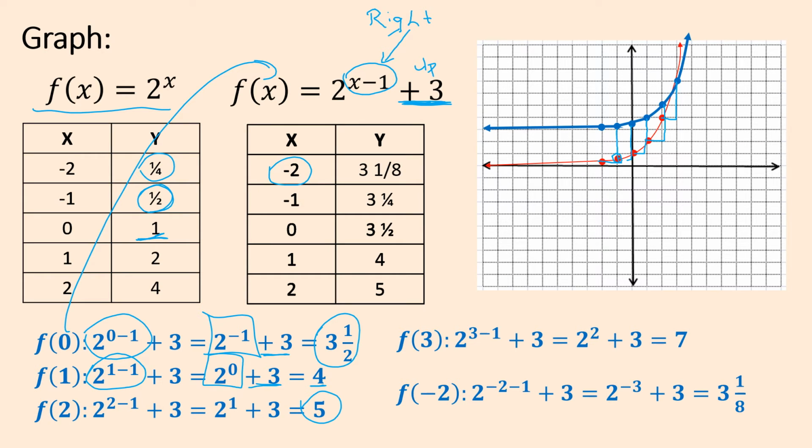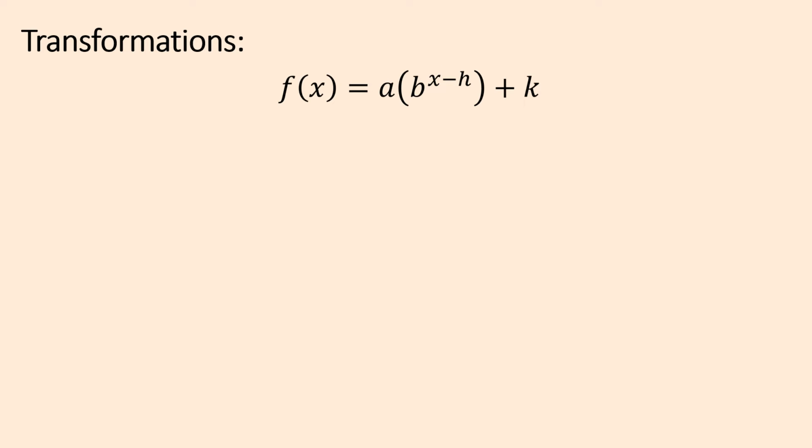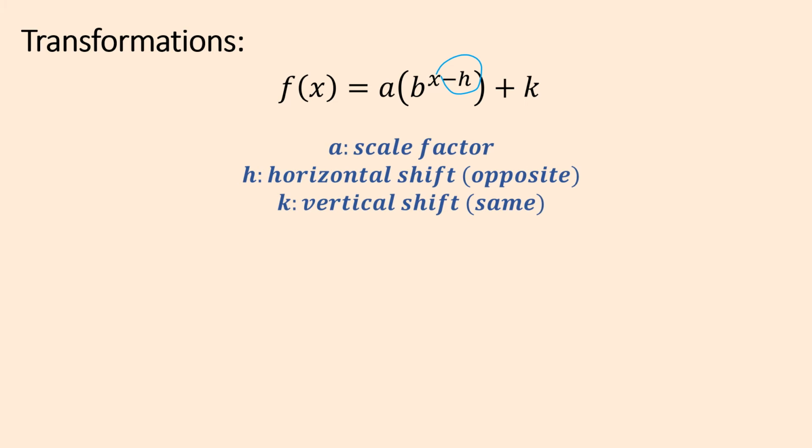So our entire red graph, just over 1, up 3, we get this new blue graph right here. The asymptote is changing also because the asymptote moves up 3, and it's a horizontal asymptote at y equals 3. So that being said, these exponential functions transform just like every other graph that we've done, namely by changing these numbers here. Okay, we move opposite of that h in the x direction, same as the k there in the